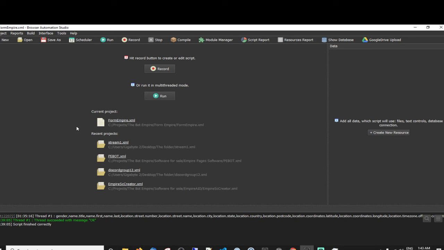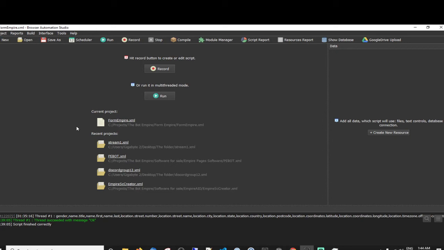I get asked this question a lot: how do you plan your bots out? It just depends. If it's my own project, a small project, then I just open Notepad. Nothing fancy, just put a few notes down, what I want to include, and because I've got experience with Browser Automation Studio, that's enough for me. As you gain experience yourself, that's something you'll be able to do.